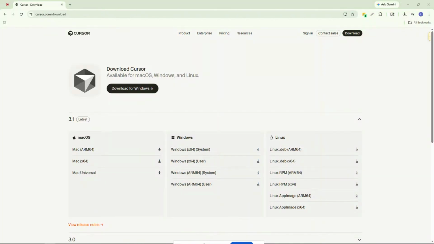In this video, I'm going to show you how to install Cursor AI on Windows 11 step by step so you can get the app downloaded and ready to use in just a few minutes. Cursor is a powerful AI coding editor, and installing it properly on Windows is the first step to start working